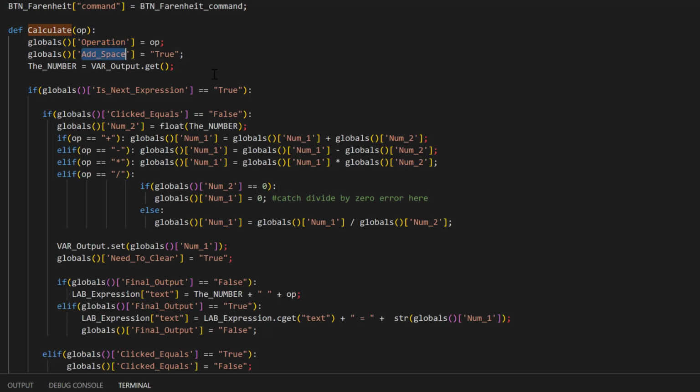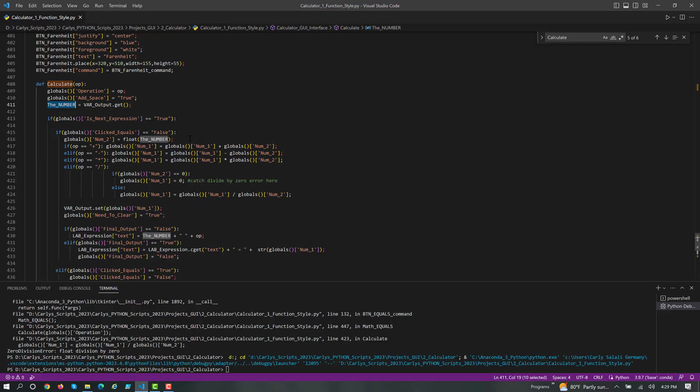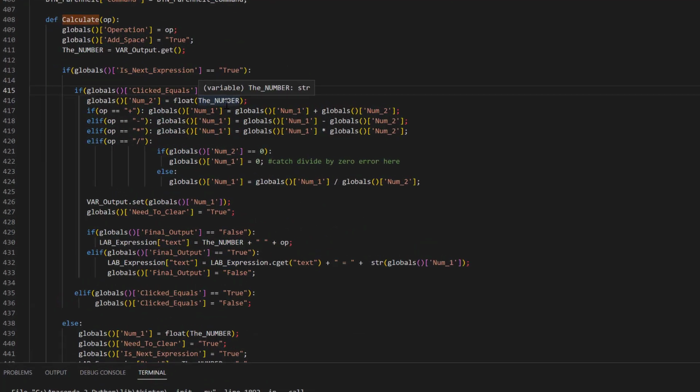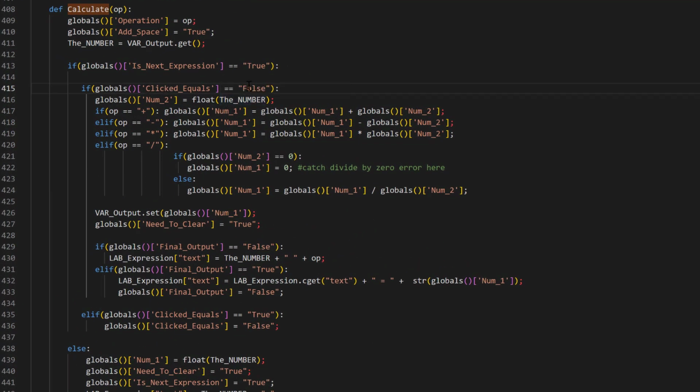And then whether or not to add a space, in this case for the Tkinter object up top, yes, we need to add a space in the expression for the next part of the expression. So that's set to true. Then we get the string value of whatever is in that entry object using our variable here, var output get, and we store that in number. Okay, so in this case, we say if globals clicked equals is false, right? So they haven't clicked equals yet, they're still building their expression on the mathematical operation. Then what we want to do is,